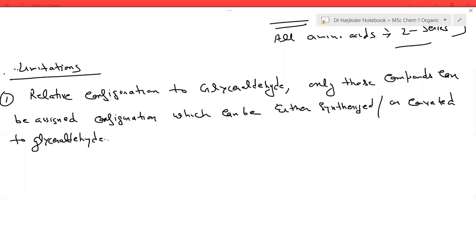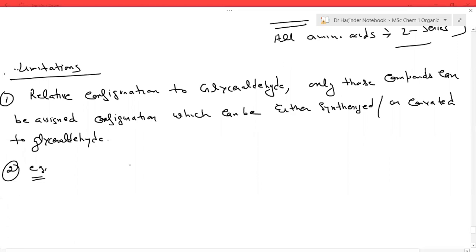Why is it not universal? Because you can't assign D and L configuration to all molecules, and you can assign only relative to glyceraldehyde. That's one limitation. The second limitation is there are many examples in which you can write both D and L. For example,